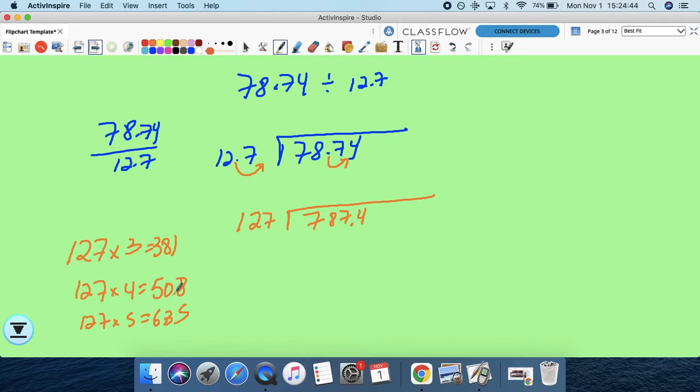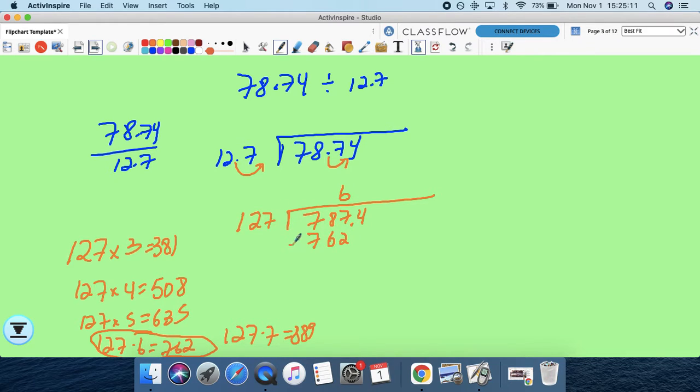Let's try one more time. 127 times 6 is 762. Oh yeah, so 6. How about one more time? 127 times 7 is 889. That's too much. So we're going to use 6. So we're going to put a 6 right here. And 6 times 127 is